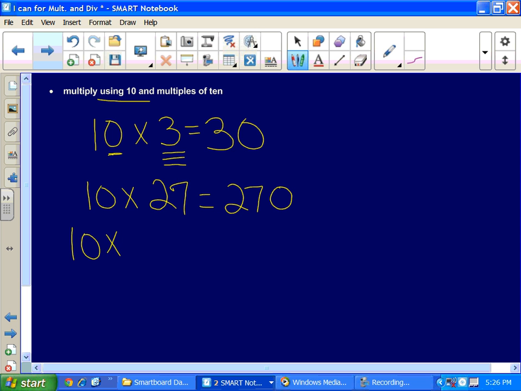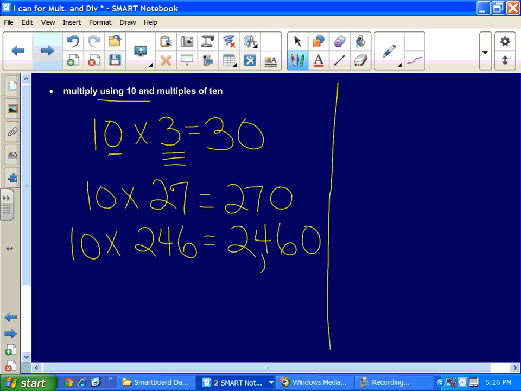If I did 10 times 246, try that one, pause it, think about it. I would write the number I'm multiplying by 10, put a 0, so that would be 2,460. Now, this helps us because then when we start to multiply with multiples of 10, such as if I did 30 times 6,